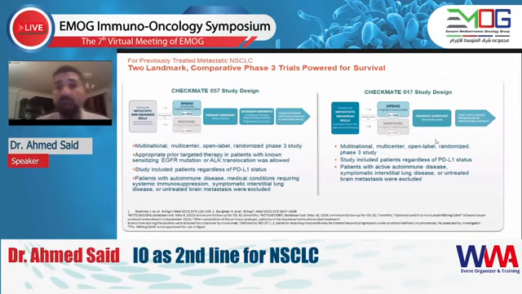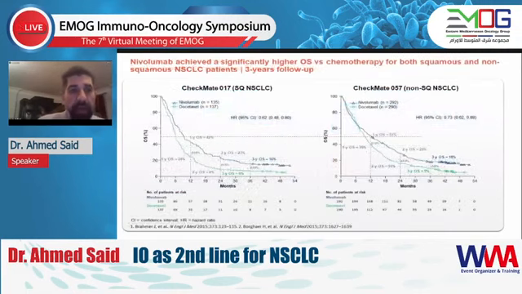The primary endpoint for both was overall survival, and secondary endpoints included progression-free survival, objective response rate, and duration of response. So nivolumab achieved a significantly higher overall survival versus chemotherapy for both squamous and non-squamous non-small cell lung cancer after